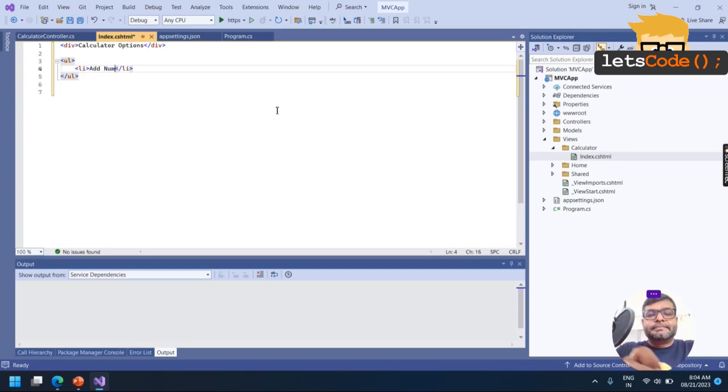Add numbers, which means a simple calculator that is going to add numbers. Then subtract, then multiply, and then divide.